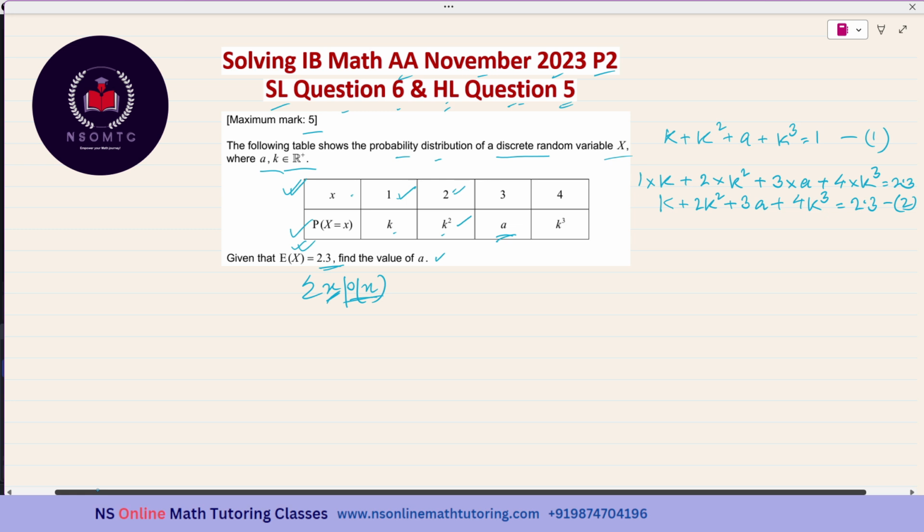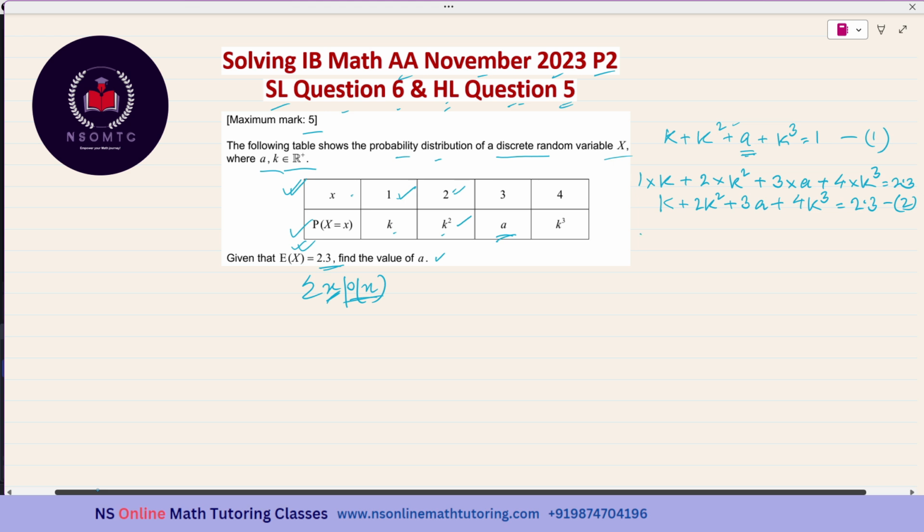Now we can solve these two using the graphical method, and the other method is the algebraic method. But first of all, we have to get rid of both the variables, because both the equations are having two variables, a and k, and we cannot use the simultaneous equation option of our calculator, because that will not be allowing us to put the k square, k cube and all. Okay, so that is why I'll be writing the value of a in terms of k from both the equations.